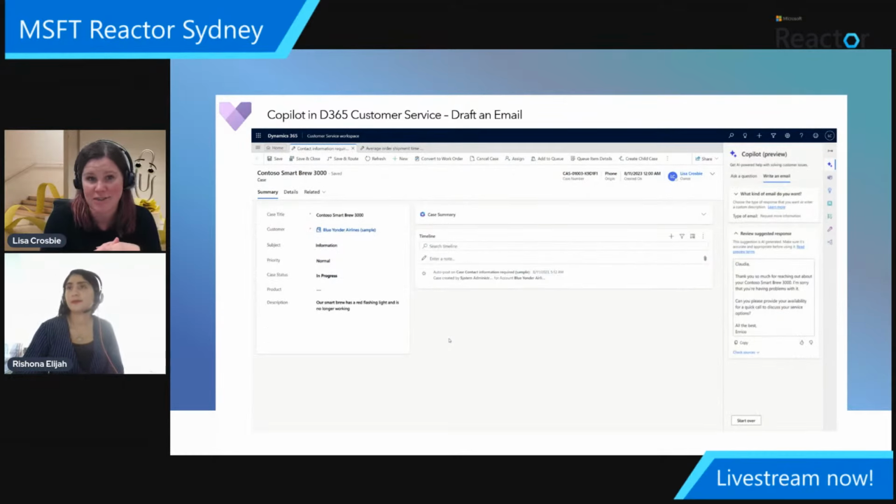The second one is very similar to what we saw in the other experience, being able to draft an email. All of those same things I showed earlier, where it gives you a suggested response in that Copilot experience, but this time skewed more towards service use cases rather than sales use cases.